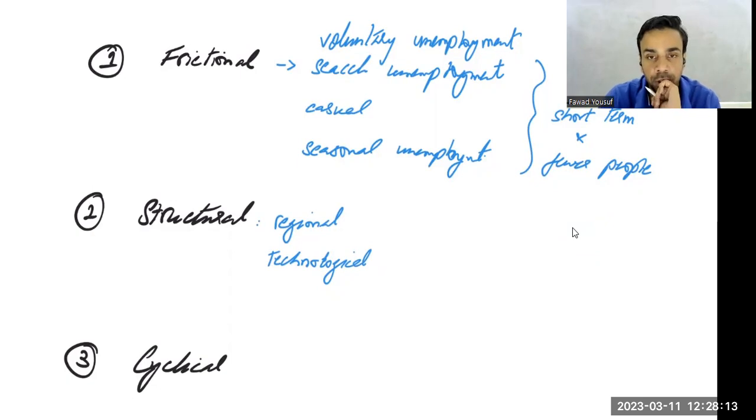So, structural. Usually the way we define structural unemployment is when there are certain changes occurring in the structure of the economy. When you have some industrial changes taking place, something like primary to secondary, secondary to tertiary. Maybe textile is suffering, so that industry is suffering, and IT is booming. This kind of unemployment is called structural unemployment.